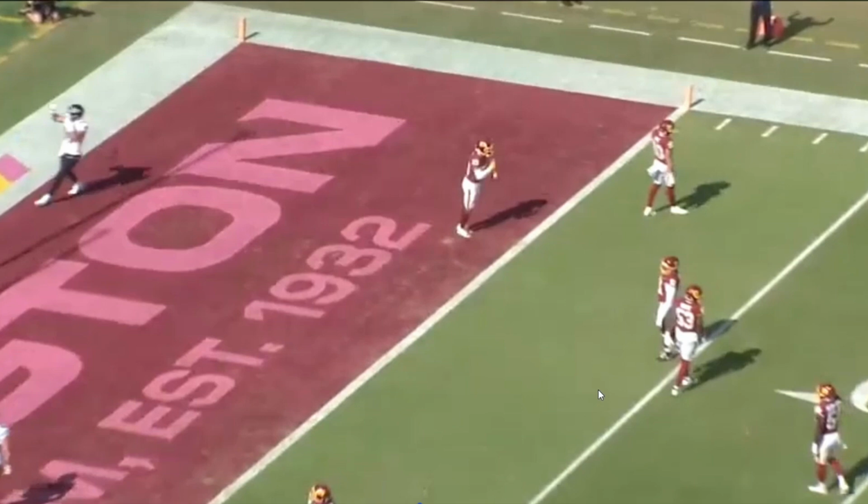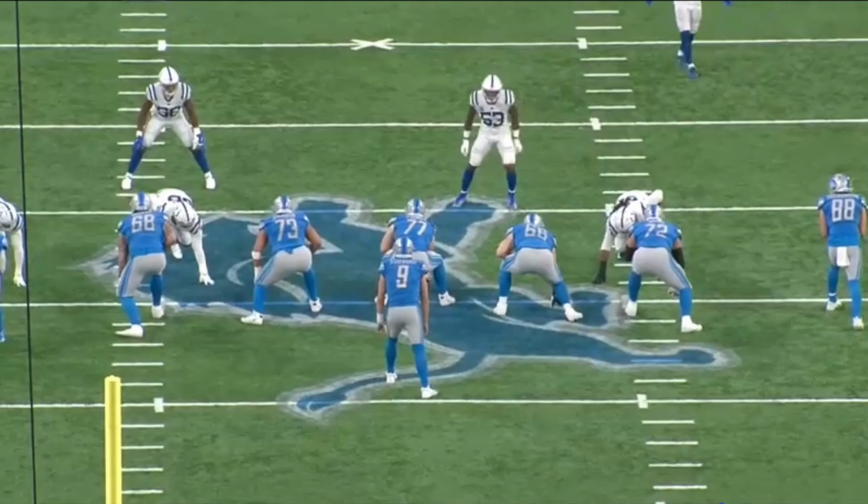But let's get on to this next clip. On this first clip here, you're going to see Darius Leonard get sent on a blitz. And one of the things that this Lions team seems to like to do is run screens to their tight end. Like the Ravens, they'll run a couple screens to Mark Andrews here and there. And Leonard is big enough, fast enough and strong enough to catch one of these tight ends and take them down